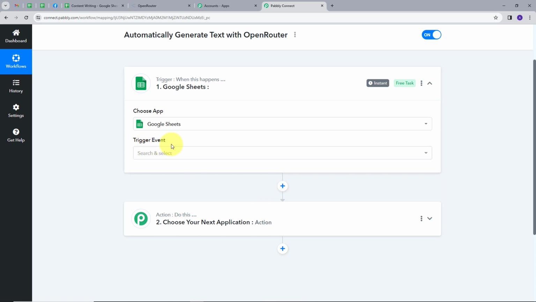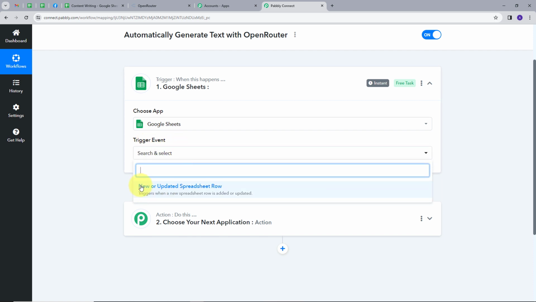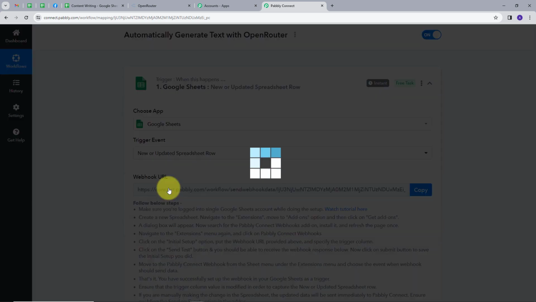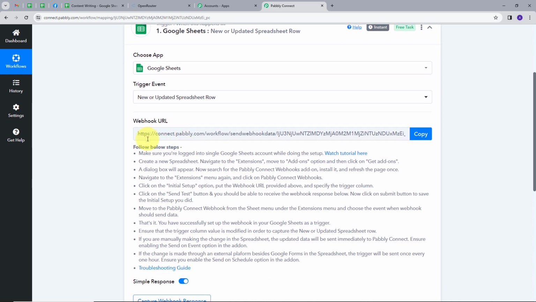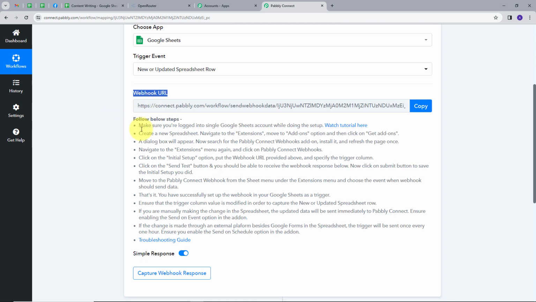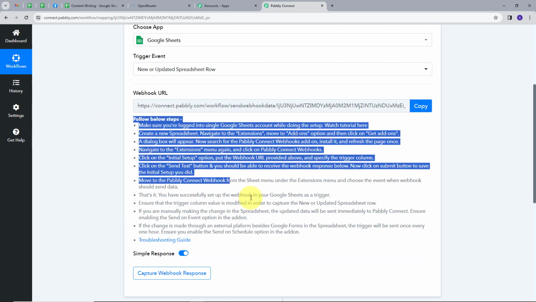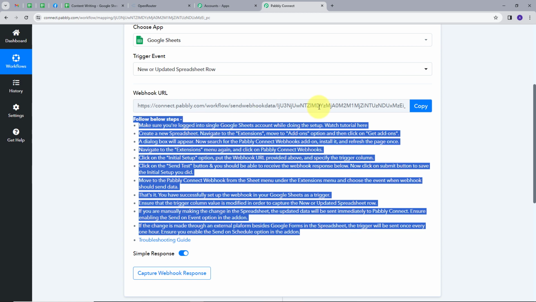I'll give a trigger event. So I will open this and new or updated spreadsheet row will be my trigger event. So I will select this. And now I have to connect my Google Sheet with Pabbly Connect. For that, I need to use this webhook URL. This is going to work as a bridge between Google Sheet and Pabbly Connect. Now for connecting Google Sheet with Pabbly Connect, I need to follow all these instructions. So for that, I will first copy this